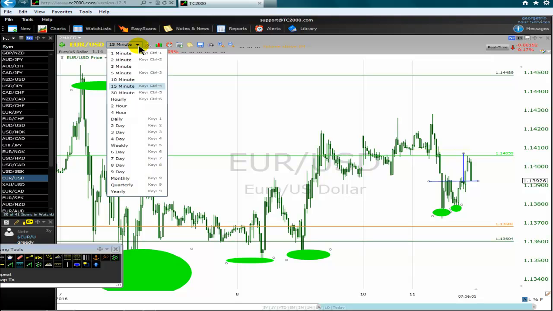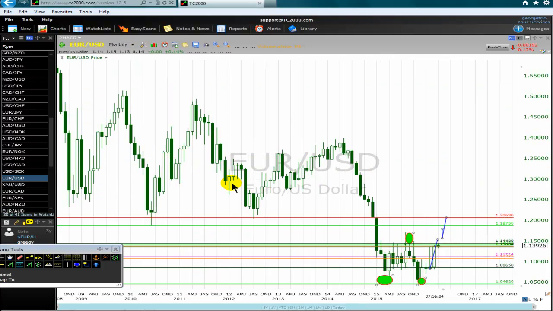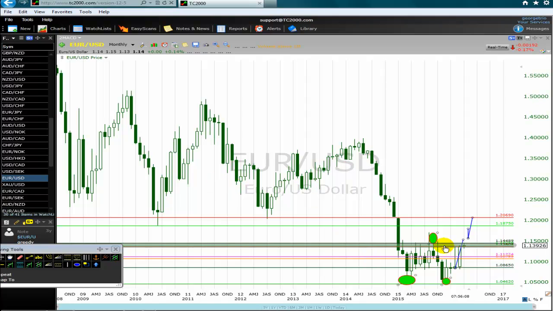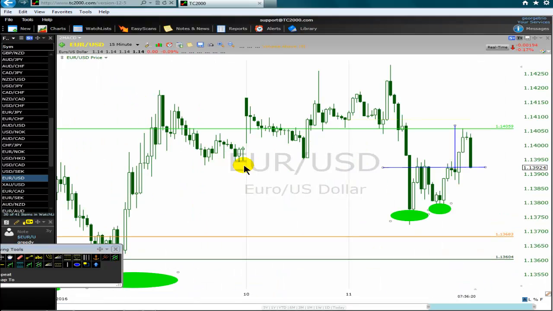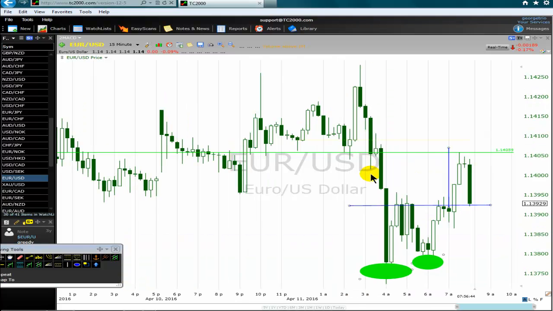Though on a monthly chart, we are at the top of the consolidation. It looks to me that the euro is preparing to break above this consolidation zone. It may take some time. It is a little bit risky trade because we are at the top of the consolidation. But I want to gently, carefully, okay, buy the euro. And if it's working beautifully, the price may run very fast because the bearish traders' stop losses will be taken out and the price will run very fast. So it's a kind of a risky trade, but I will control it gently, and if everything works perfectly,